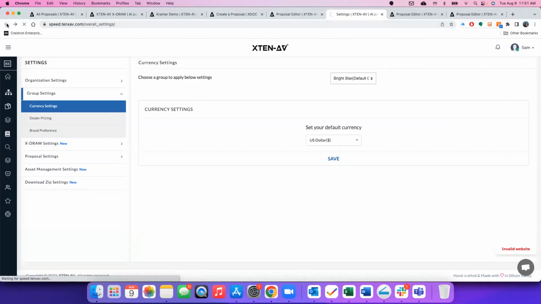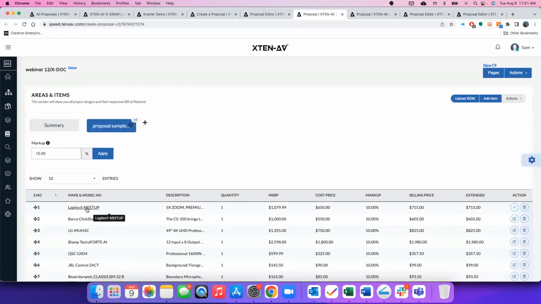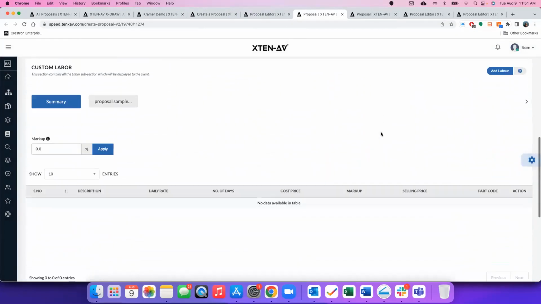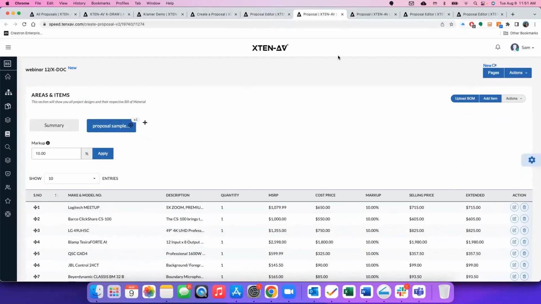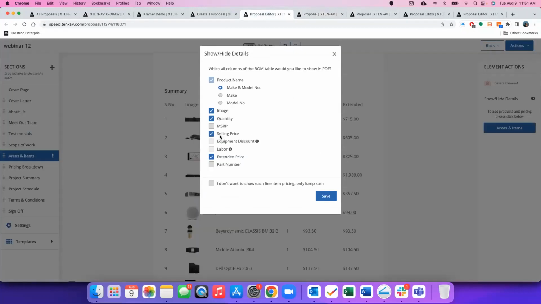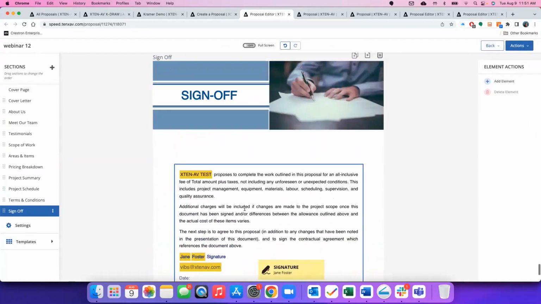Okay, go back to the proposal again. Okay, there's something wrong in here. It's probably because it's in beta right now. It's not live, but you'll be able to see, you can do per item labor where you can predefine the labor heads. And once you've added all the labor, it will show up here. And then there are ways by which you can choose what you want to show to the client. You want to do a lump sum pricing, or what else you want to show to the client. So once you're done, you've added the signature field and everything in here,